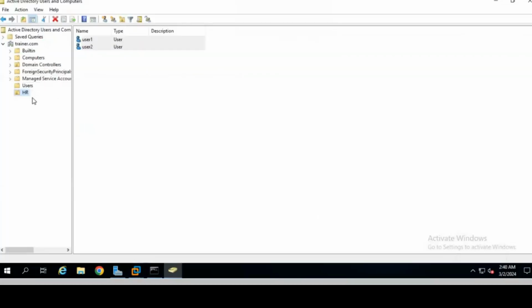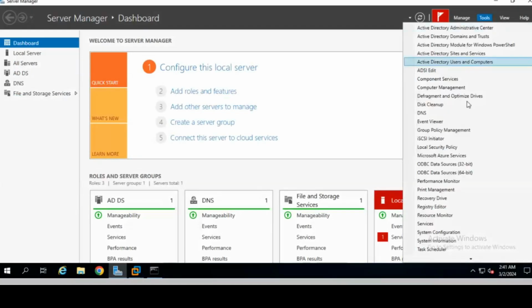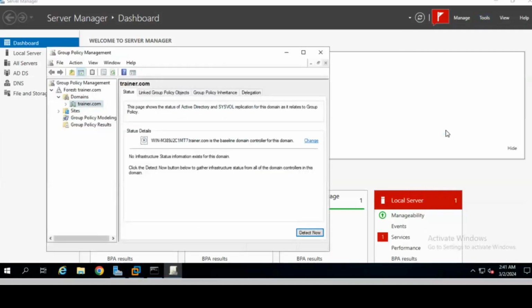Okay, now see, after creating this OU and this user, how we can apply a policy on this OU. For that, close this and open Group Policy Management. Click on Tools and Group Policy Management. Expand trainer.com, and now you can see we have this HR OU available. When you apply this group policy, right click on this HR, don't right click on trainer.com.